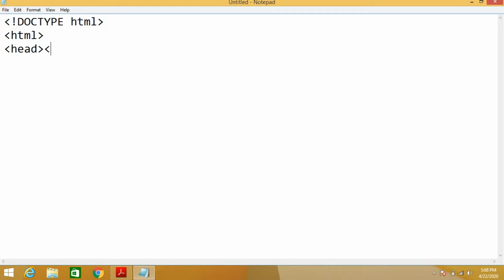Then we have the title: meta tag examples. Let's close the title tag. What we have seen is that we have to use the meta tag between head and head close, so don't close the head tag over here, since we are going to use the meta tag after this.